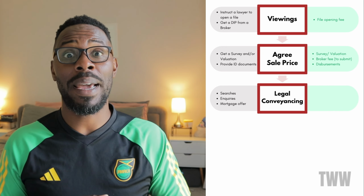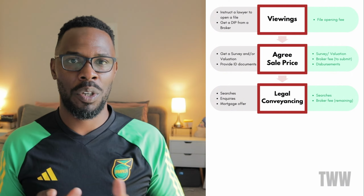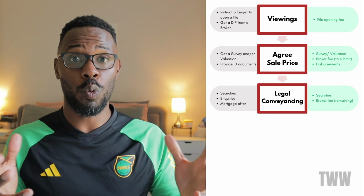In terms of what you pay for, you're going to pay for those searches, search fees. I've paid all the way up to £700-ish at this stage in the past for other properties, and also your